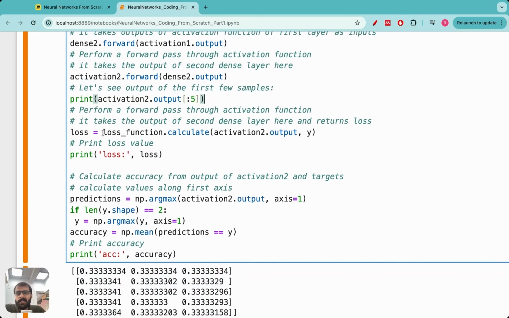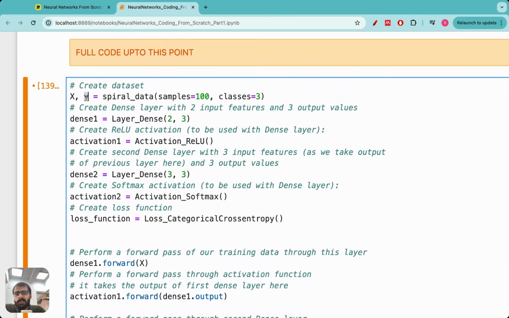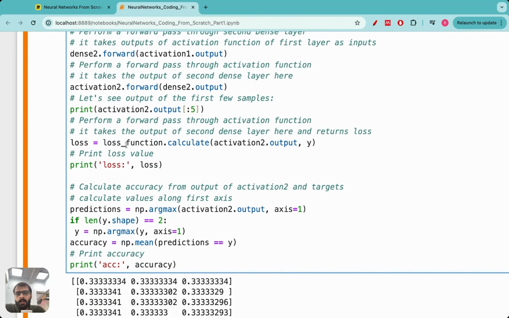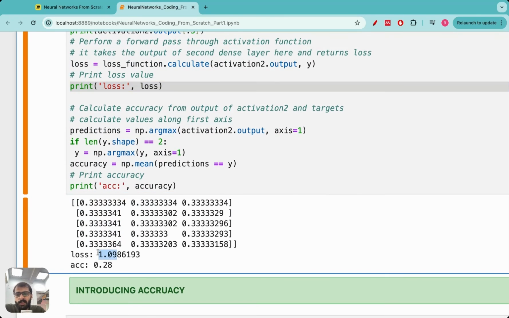Then we calculate the loss function between these outputs. Remember, the loss function takes two arguments. First is the predicted value and the second is the true value. The true values are actually written over here when we created the spiral data set. So then we have the loss function and then we print the loss. So here you can see that the loss is 1.09866193